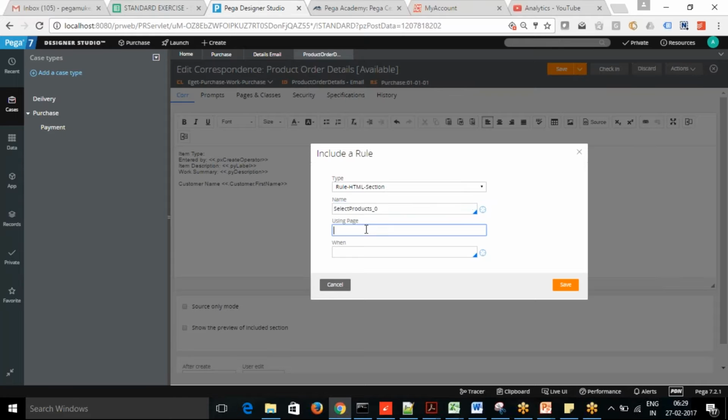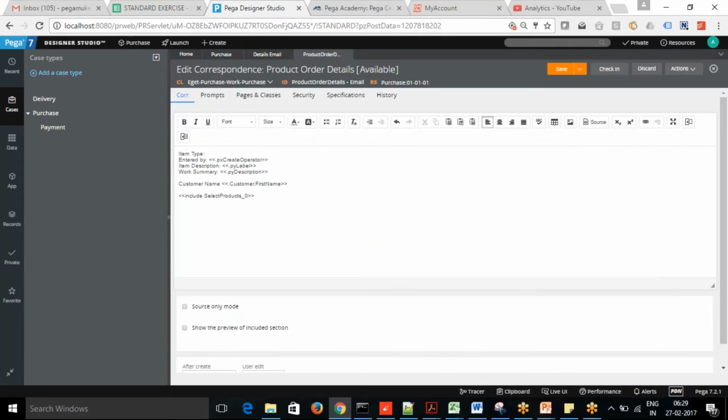So if you say I want to include the select product. Okay, so let's say I included the sections within that now. So let's see how. So this is actually we have saved it.